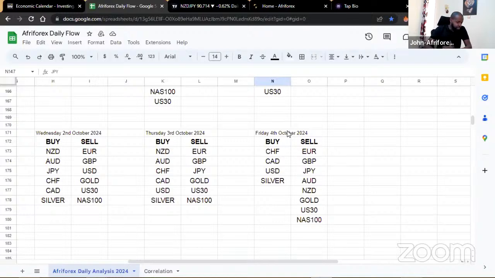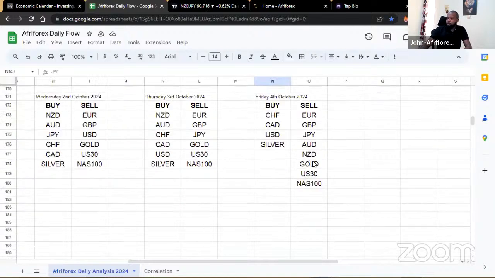So shifting gears into matters today. You can now see the watch list right there. For the guys who've checked in a bit late, feel free to take note of that. You can see a couple of changes. The Australian dollar and the New Zealand dollar have moved to the sell side of things. So let's see how things end up going.